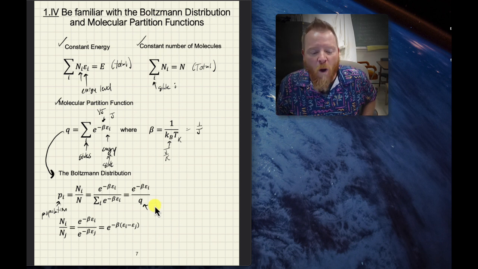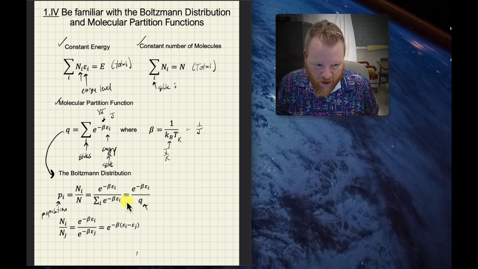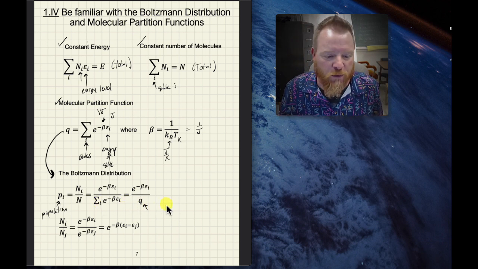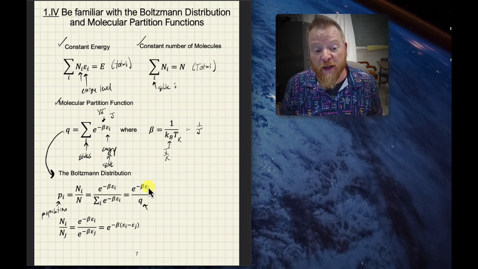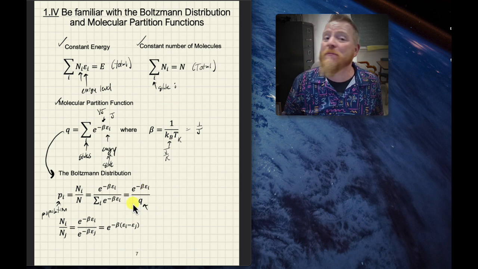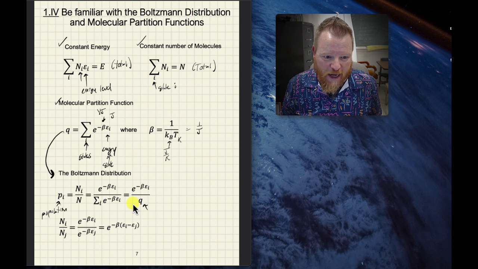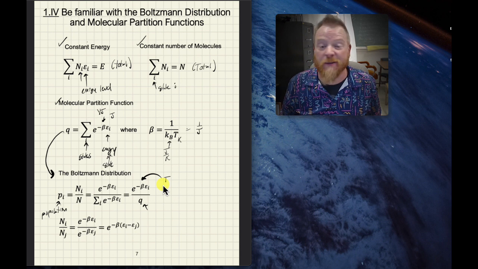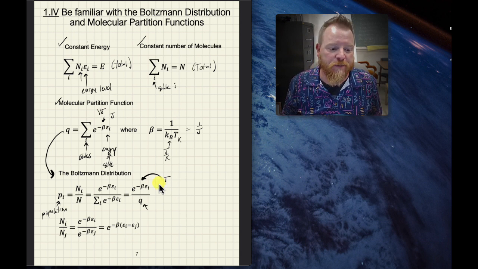So all we need is the total value of the partition function, which we're going to have to work through in the next slide, and the individual energy of a state, based on the temperature of that sample alone. Remember, beta is a placeholder for temperature, 1 over k_Boltzmann times temperature. That would give us the fractional population.